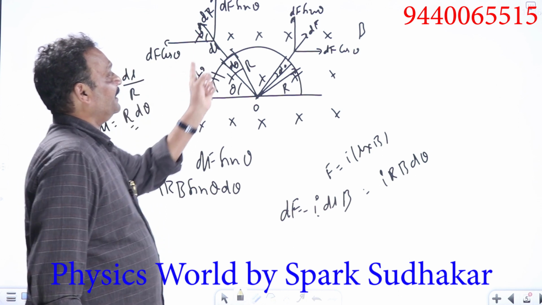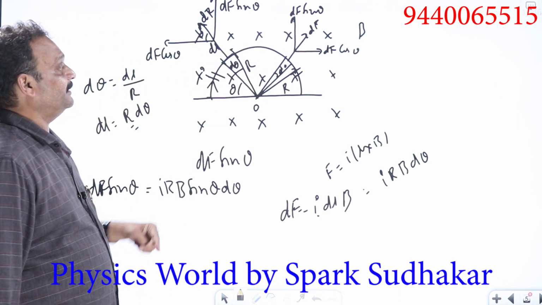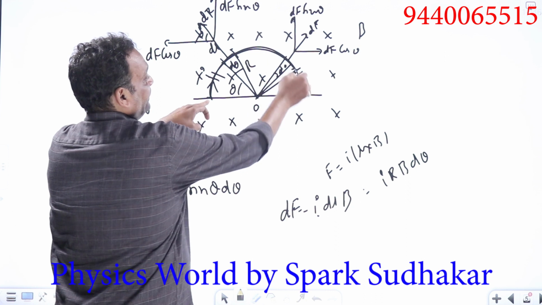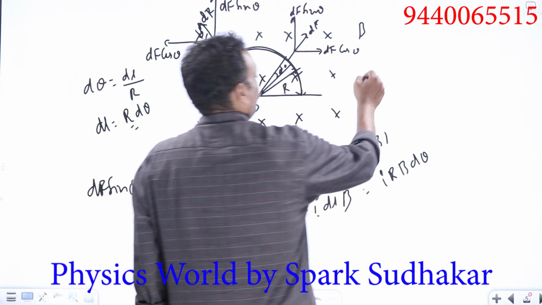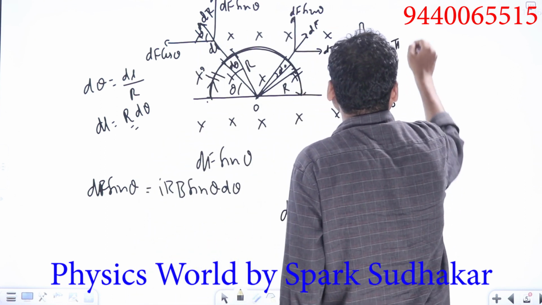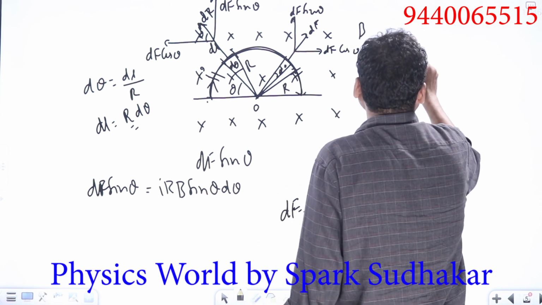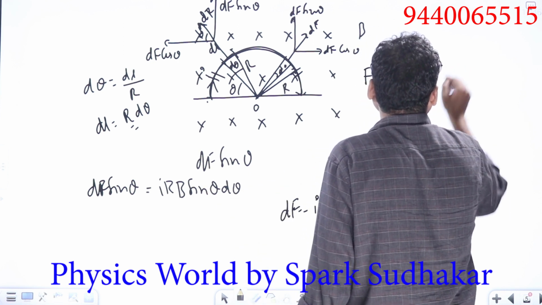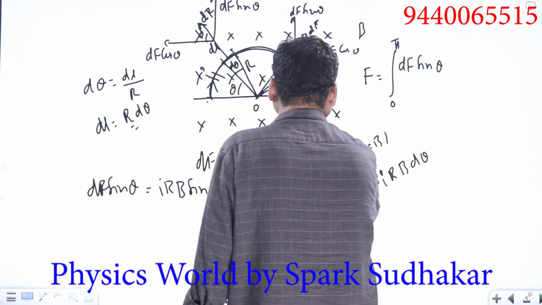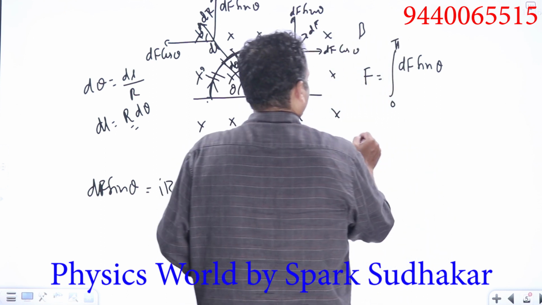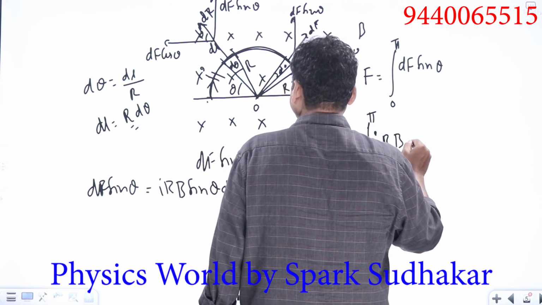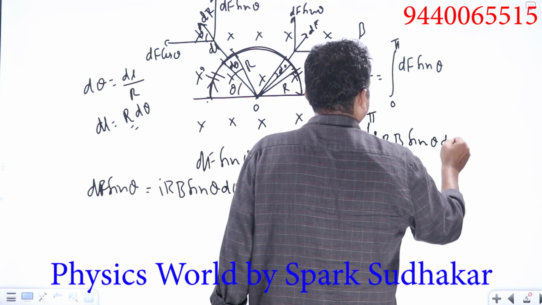What is the resultant entire force acting on the entire wire? What is the total force acting on the entire wire? Means we have to integrate this dF sin theta from theta equal to 0 degrees to theta equal to 180 degrees. Therefore the resultant force on the entire wire is the integral from 0 to pi of dF sin theta, and that dF sin theta is nothing but